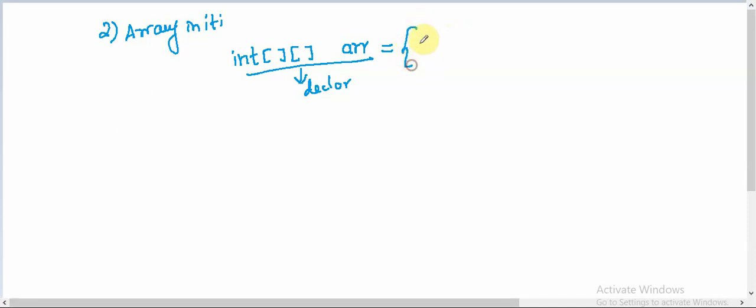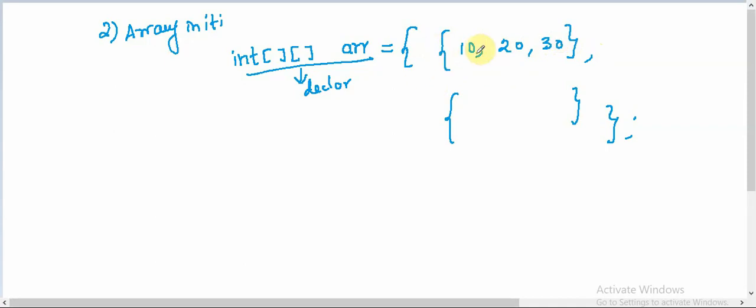So let's say, you have to start with a curly brace, and we will end it with a curly brace, and let's end it with a semicolon. So let's say we are going to create a two-dimension array with 2 rows and 3 columns. So let's say this is the first row and this is the second row. Separate these two with a comma. So this is the 0th row and this is the first row, okay? And then we are going to create 3 columns. So we can have 3 elements in it, say for example 10, 20, 30.